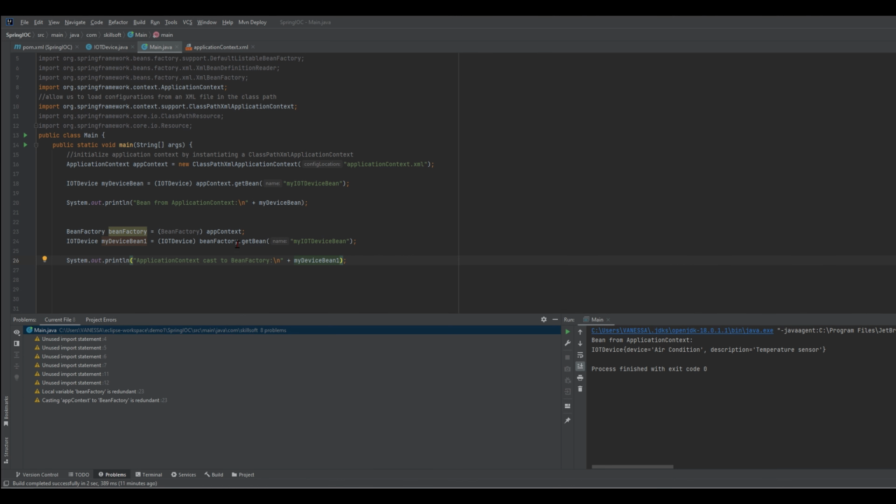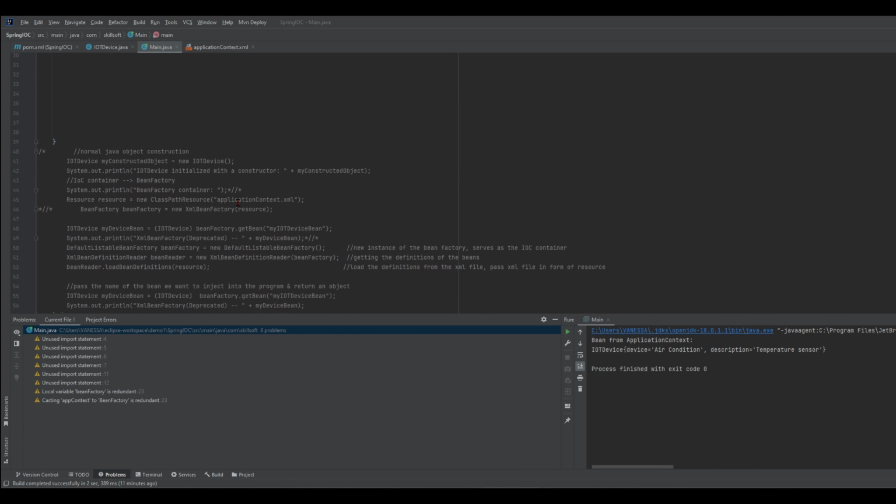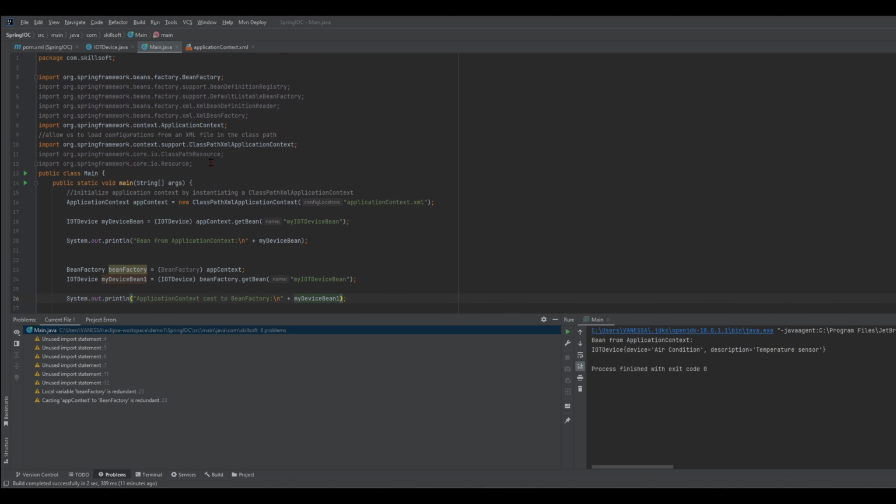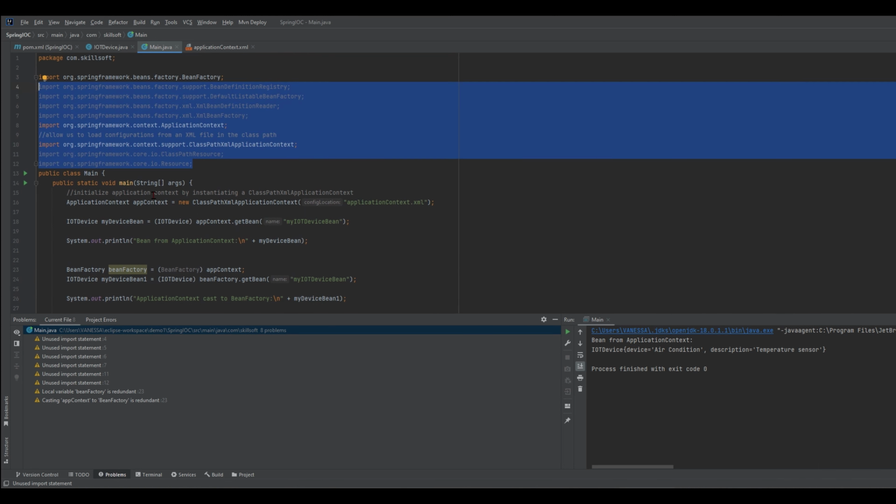We're going to continue looking at the code that we have here, just going off a video from Skillsoft and taking what I learned from it and putting it here. So after running the previous code, we're going to be switching up a little bit. We can see that we have a lot of our imports commented out right here, and that's just because we're